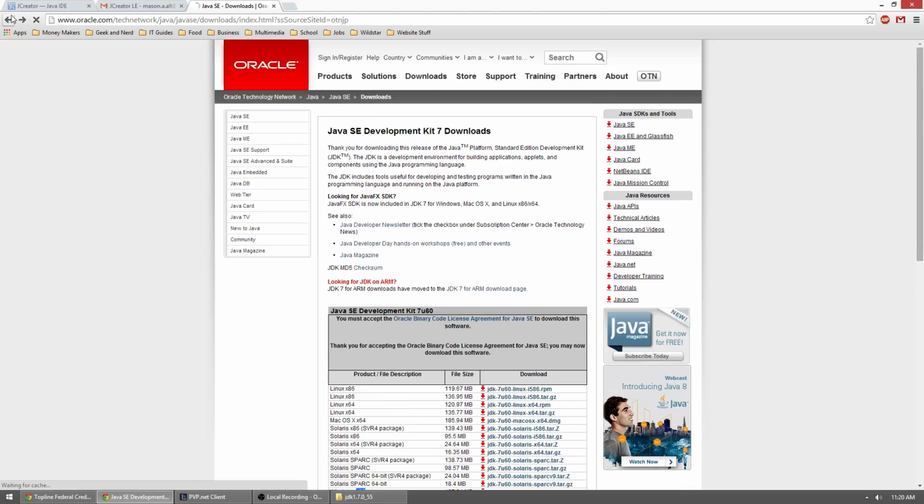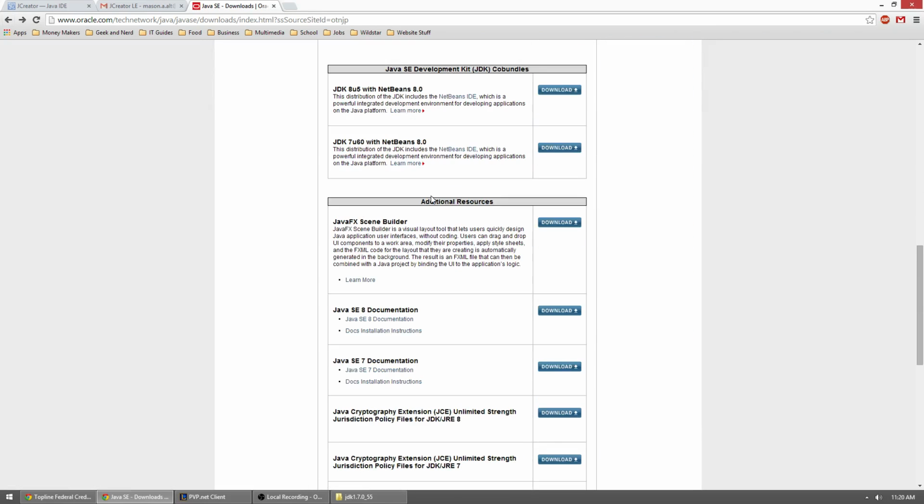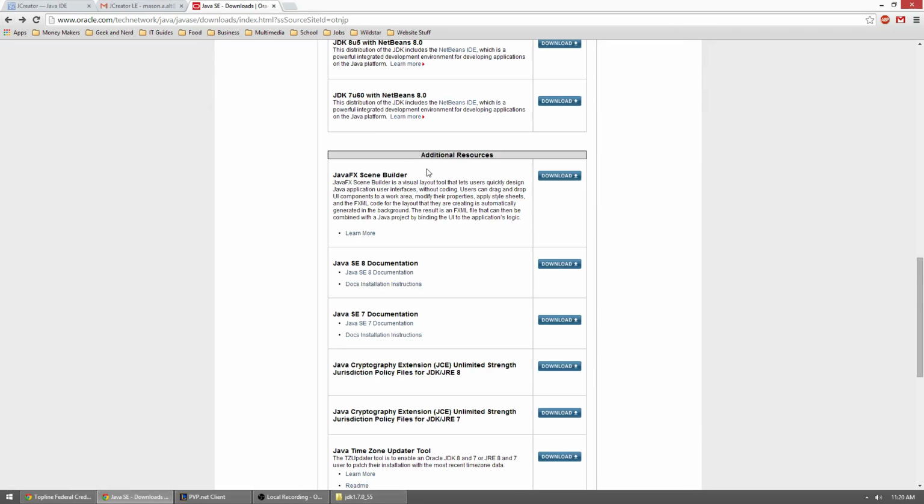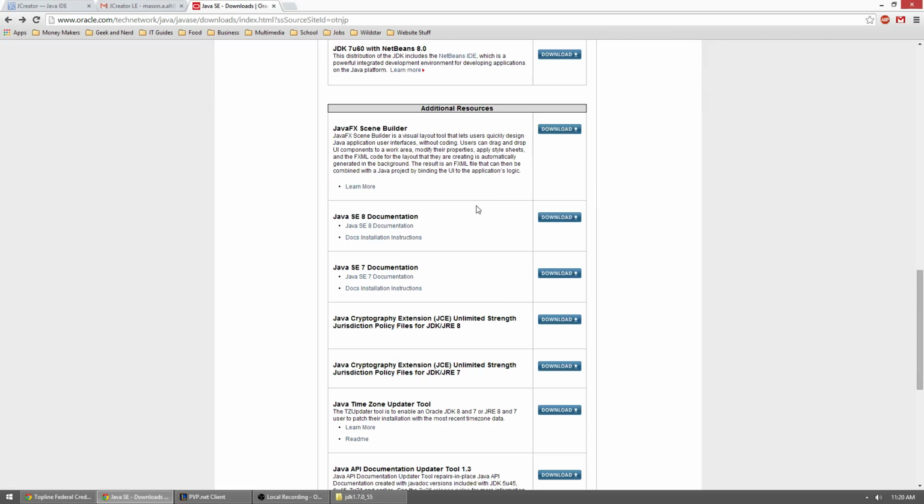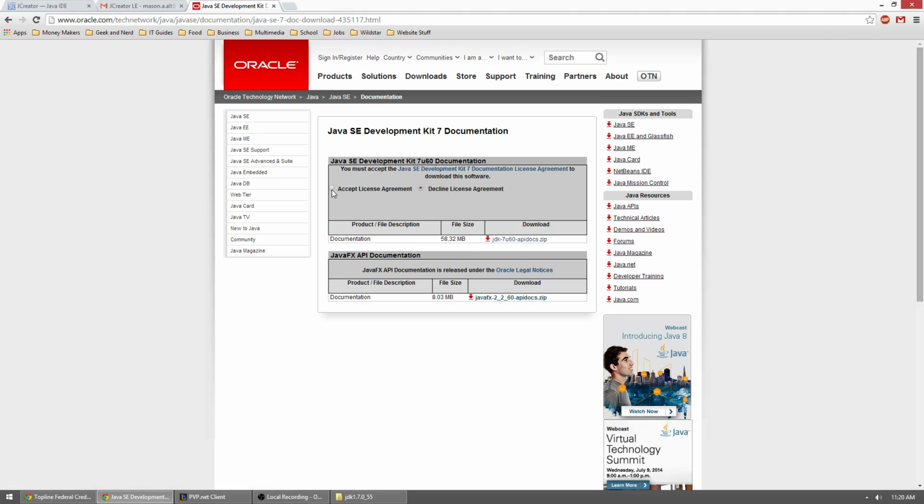So I'll go ahead and hit back. Scroll down and it'll get to additional resources. In here you'll find the Java SE7 documentation. Make sure you do the SE7 and not the SE8. Click on download. Accept the top license agreement and it'll say documentation here. Go ahead and download it by clicking this link here. Once you have all three of those items downloaded, we'll go ahead and start getting ready for the installation of